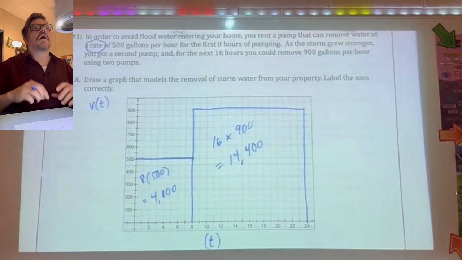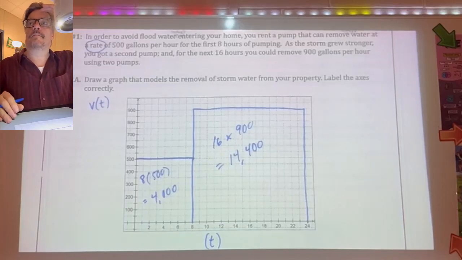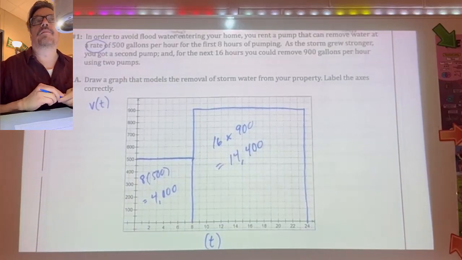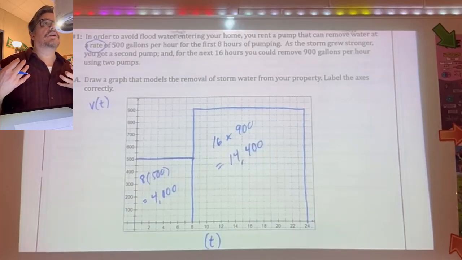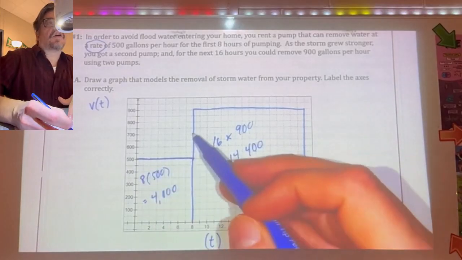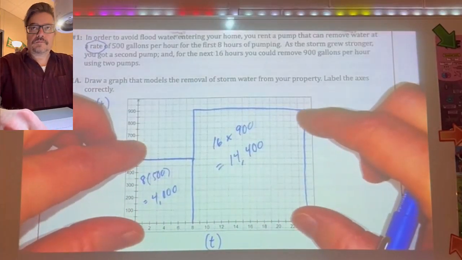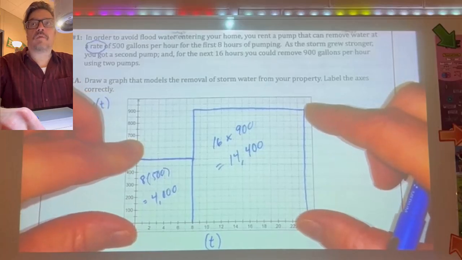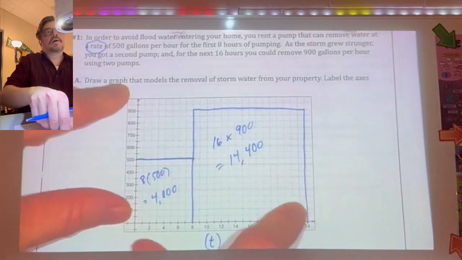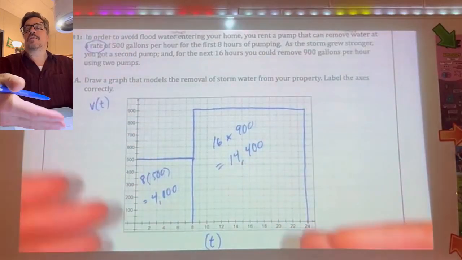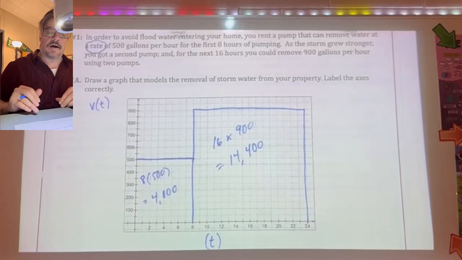Okay. All right, so does that make sense that this represents how much water was pulled out from the pumps? Yes. So what we've got here is finding the area underneath the curve, which is really boxes. We actually were able to figure out the amount of water that was pulled out given a rate. We needed a rate, we had the time. When we calculated the area, we went backwards. We found the original function's area,